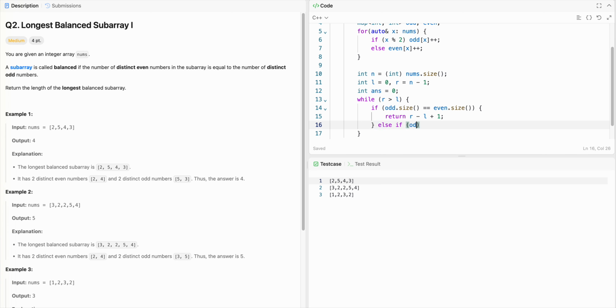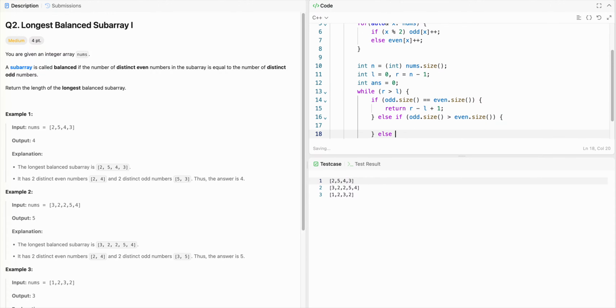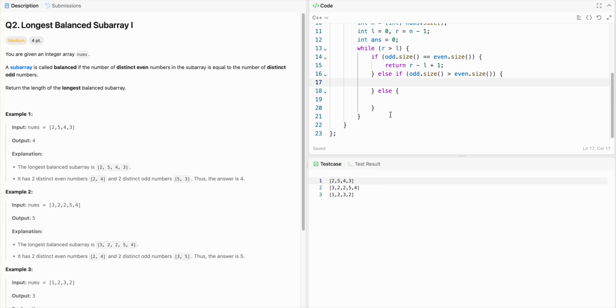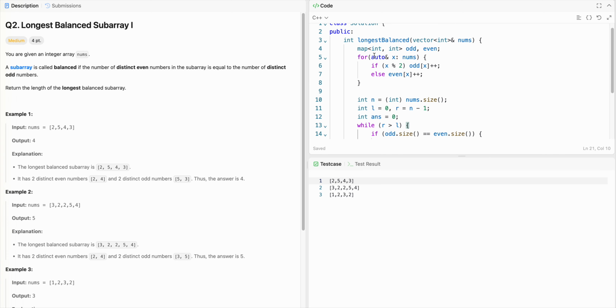Otherwise we'll just see that if odd dot size is greater than even dot size, and we'll also have an else here. So basically the number of odd elements are more, then where should we move? It might happen that both. Okay, so this is wrong. Doing it like this is not very